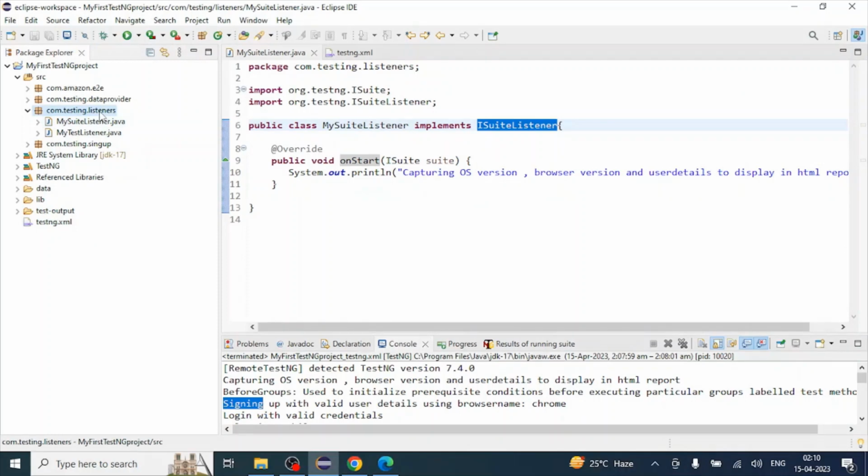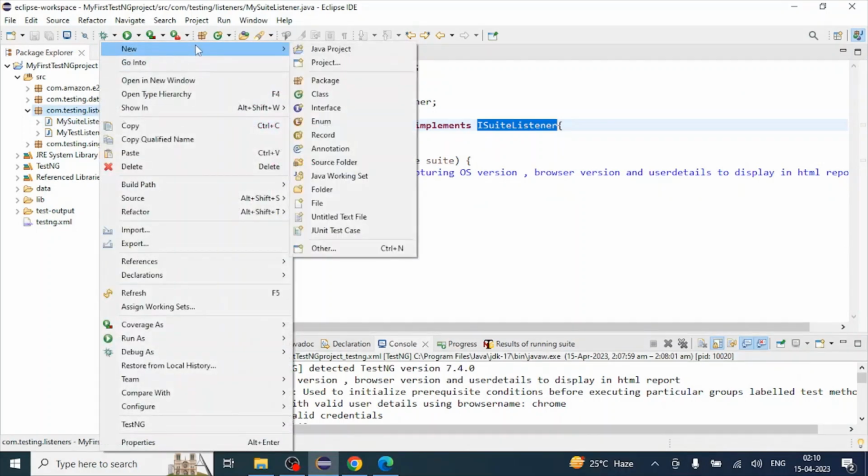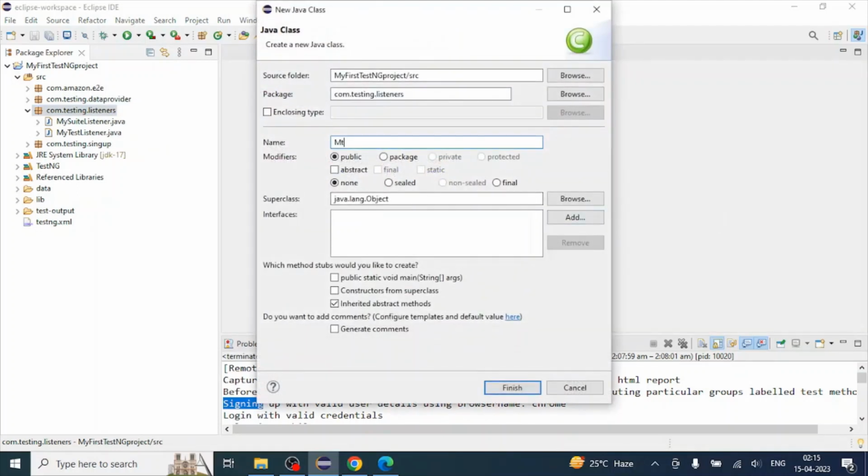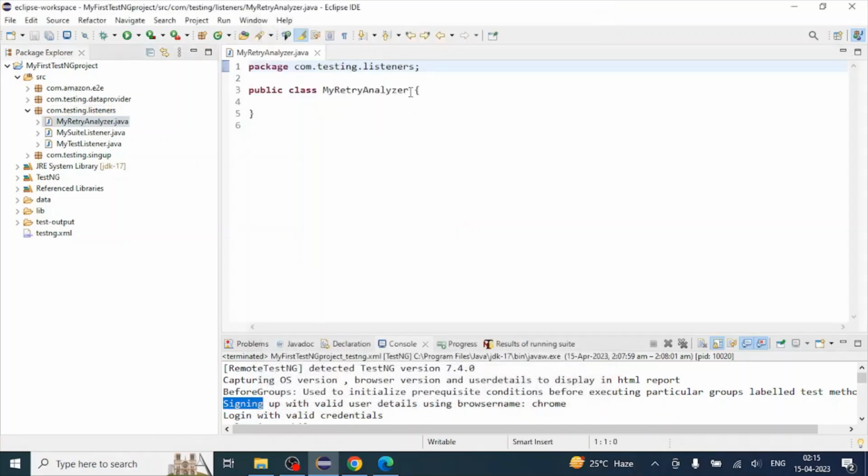Click on listener package, new class, my retry analyzer. So that is our concrete class. Click on finish button. Now we need to implement